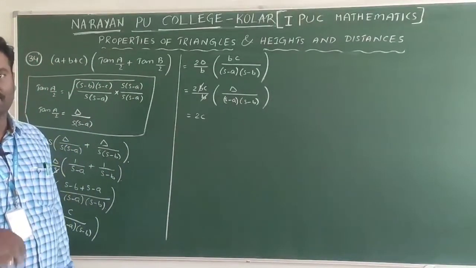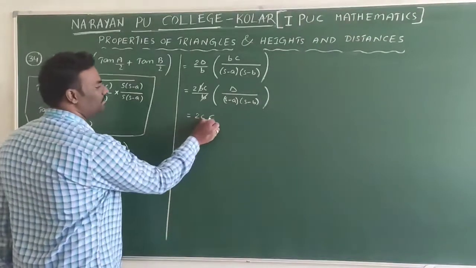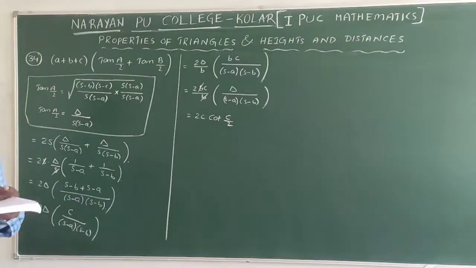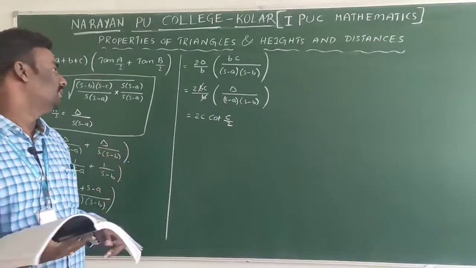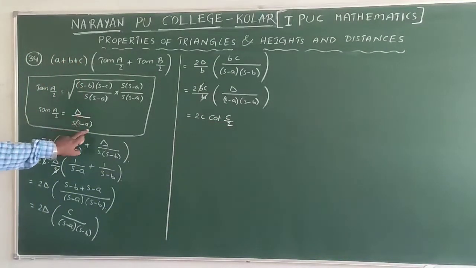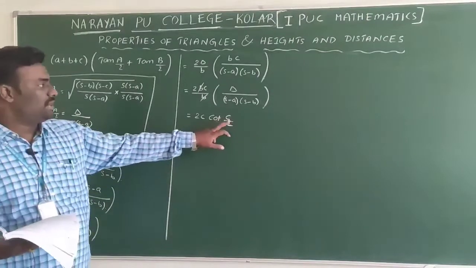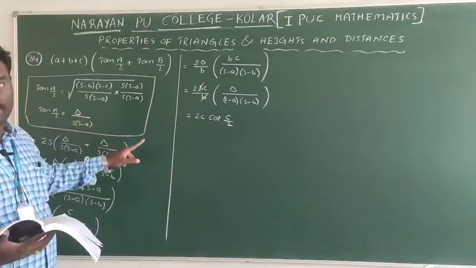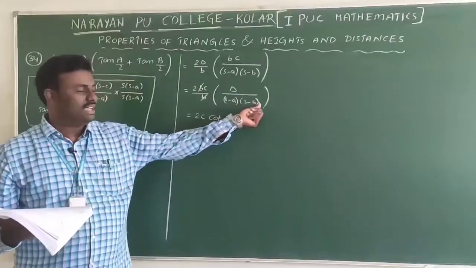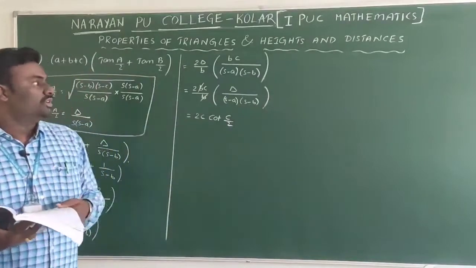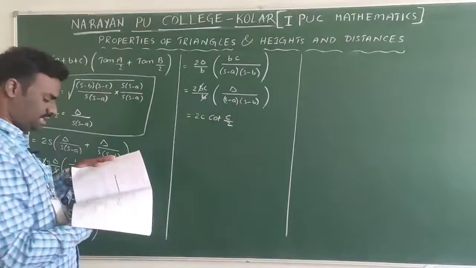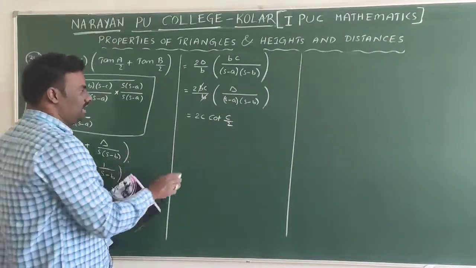But reverse is there. The reverse of tan is what? I can write cot c by 2, because the resultant answer is given in terms of only angle c. That's why 2c. And here tan a by 2 formula is delta by s into s minus a. Similarly, tan c by 2 formula is delta by s into s minus b. If you simplify, you will get the formula delta by s minus a into s minus b is the formula for cot c by 2. So 2c into cot c by 2 is the answer. That is nothing but option C is the correct answer.